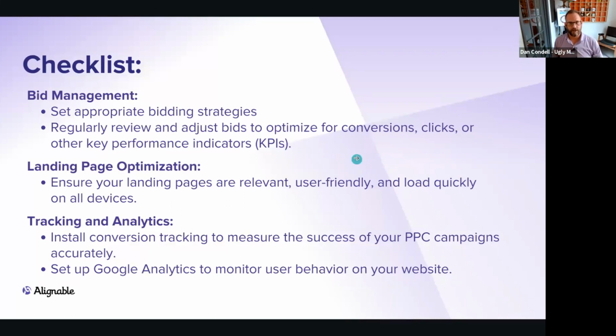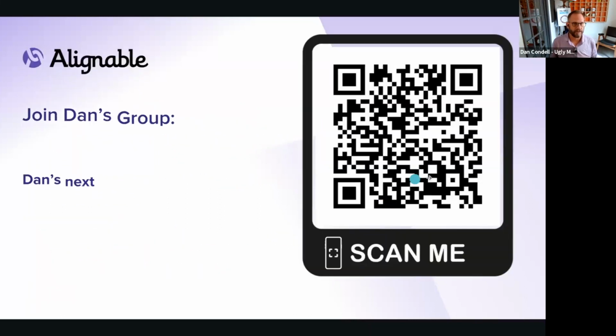What might have been a $2.50 cost per click is now $5. So if your company is a roofing company, and then all of a sudden we have a hurricane come through and there are a lot of searches, I promise you right now that the cost per click for a roofing company goes up. So understand that. Again, landing pages: make them relevant, user-friendly, track and analyze, making sure we're getting all this stuff done.